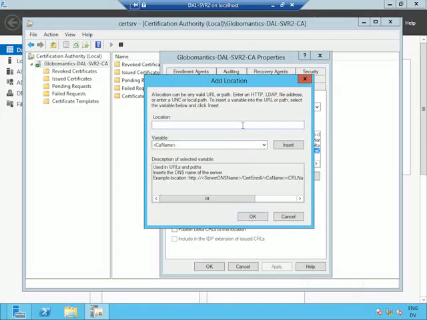So in this case, I'm going to build an HTTP location where I'm going to store a certificate over on Dallas Server 3. Here we're on Dallas Server 2, which is the CA in my Dallas office. Dallas Server 3 is a web server here in the Dallas office. Dallas Server 2 is a CA. Dallas Server 3 is a web server in my DMZ. It's there to service external clients, people who are out there on the internet who want to be able to resolve